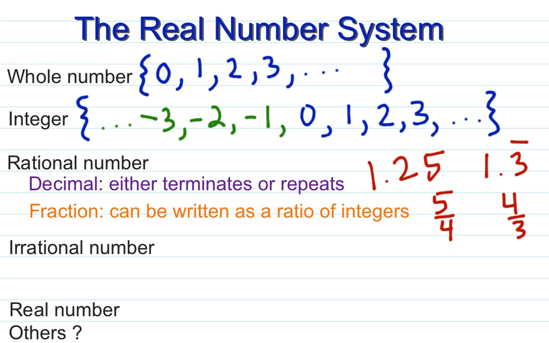Some numbers that we will work with this year cannot be written as a ratio of integers, and when written in decimal form, they do not terminate, nor do they repeat. These are called irrational numbers. The most popular irrational number that we will encounter is the number pi, which is the ratio of the circumference over the diameter of a circle. Other common ones are a number known as e, which will be used in later math classes, probably not so much ours, the golden ratio,